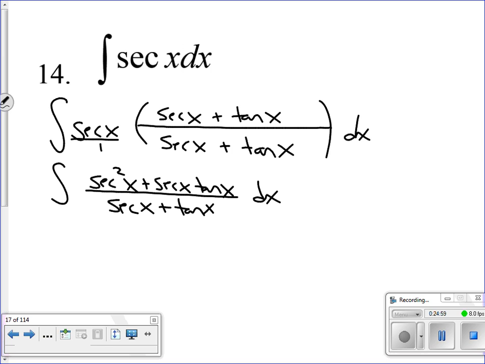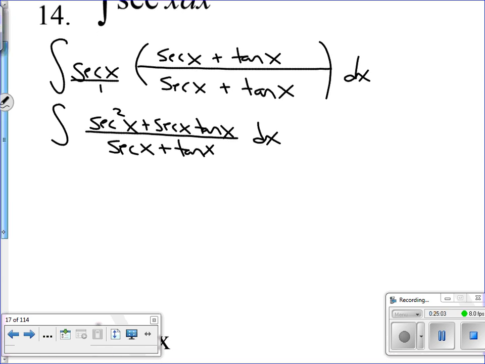And if you take a look at this, if you look at that denominator, secant x plus tan x, you realize, oh, the numerator is its derivative. The order switched. So we're going to use u substitution now. We let u equal the denominator, secant x plus tan x. So du is equal to the derivative of